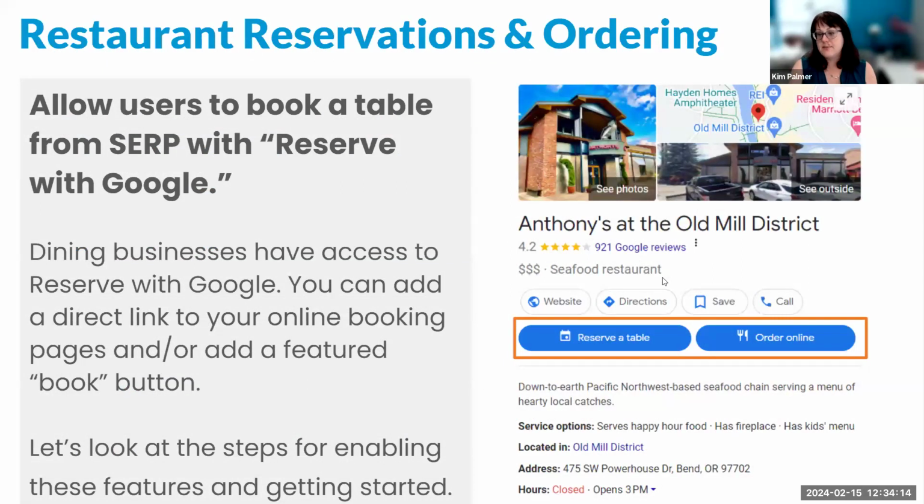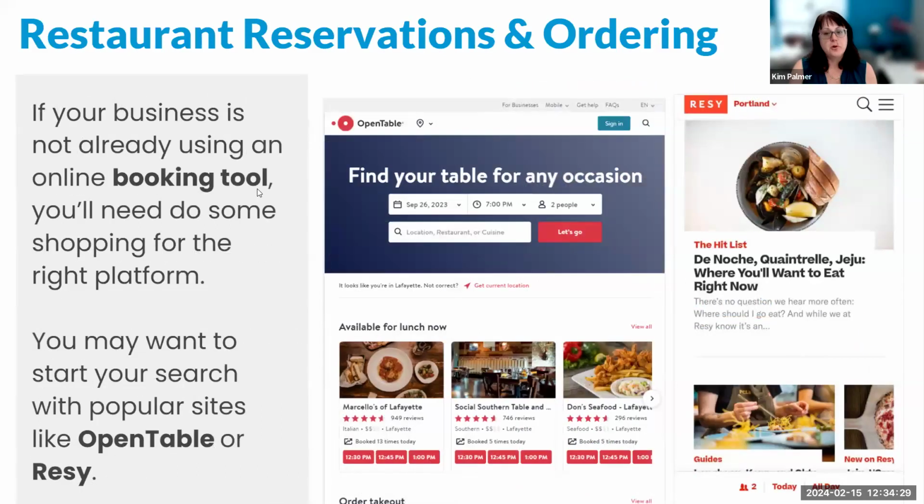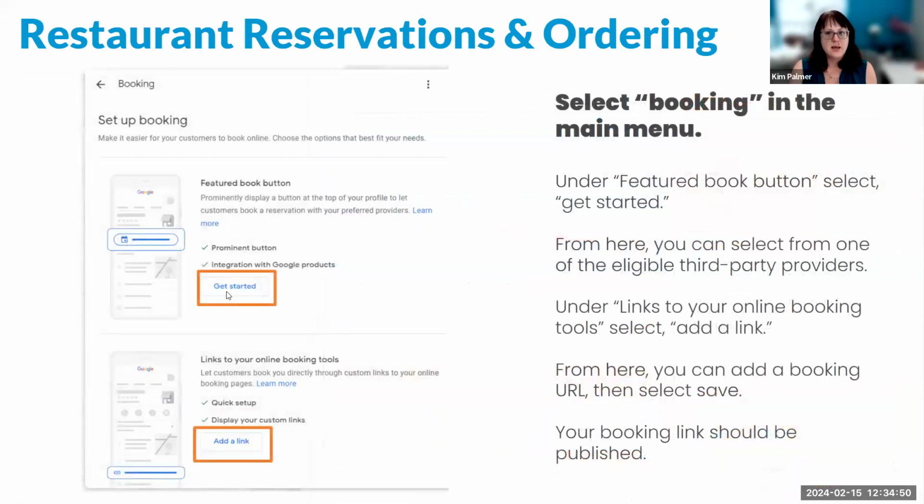Restaurants actually get the opportunity to have both a reserve a table and an order online button featured in their business profile and control over where these go to. For reservations, you do have to have a third-party tool set up, primarily OpenTable or Resy being probably the two most popular that get integrated into here. So you will need to be set up with one of those third parties in order to take advantage of this. The way that works is you're going to go into booking and